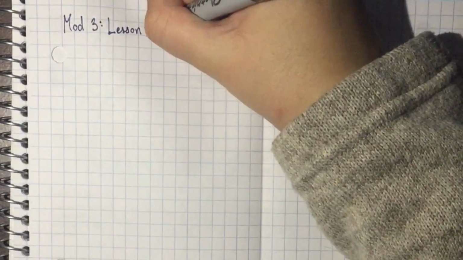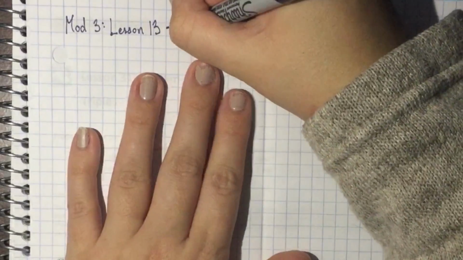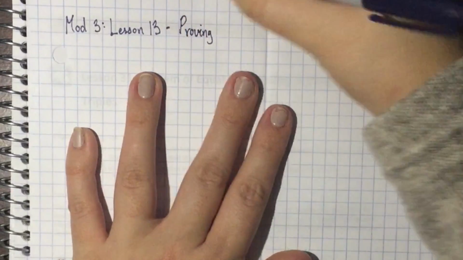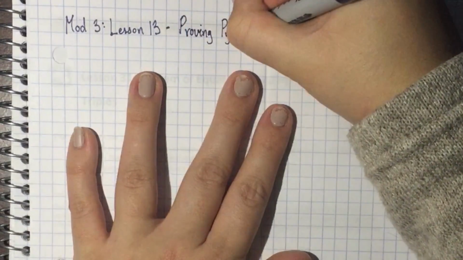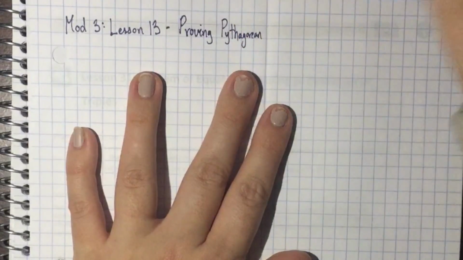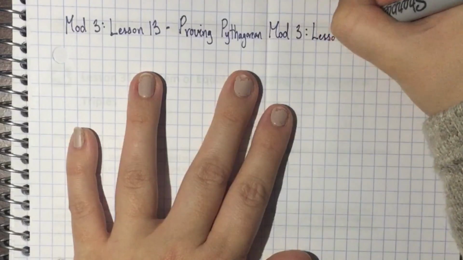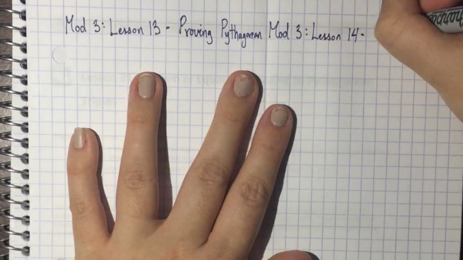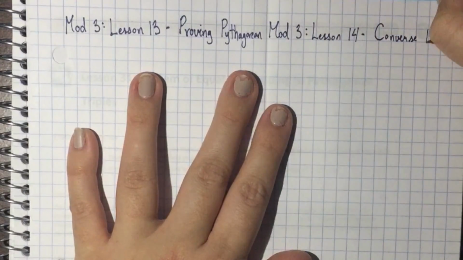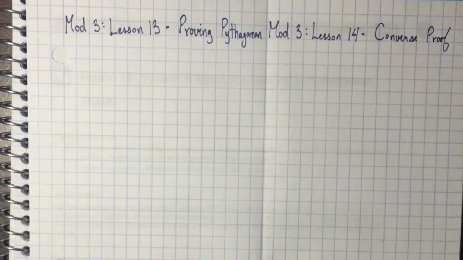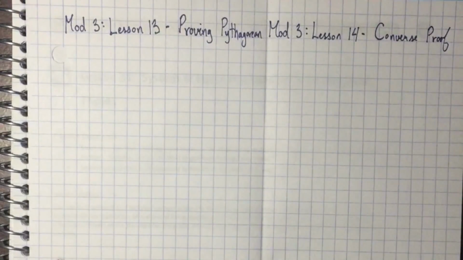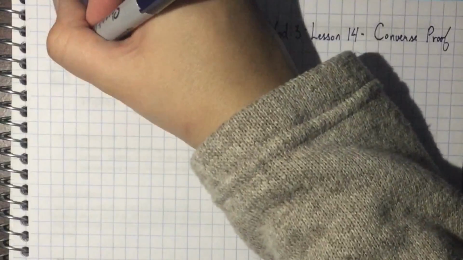I'm just folding my paper in half because when you do a proof, it tends to be very vertical. You need a lot of space to continue each step. So I'm going to do Module 3, Lesson 13 on the left-hand side and Module 3, Lesson 14 on the right-hand side, which is going to be a converse proof. So the first proof that we're talking about